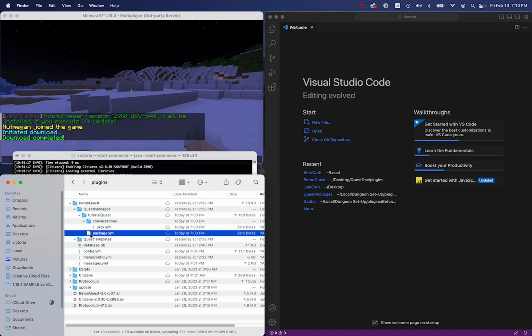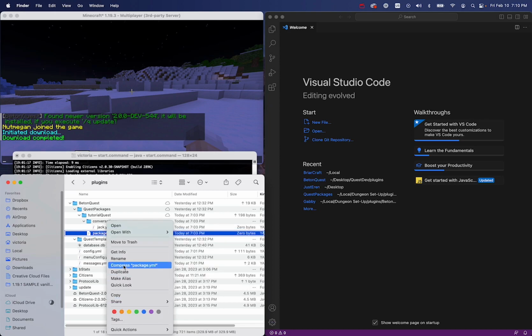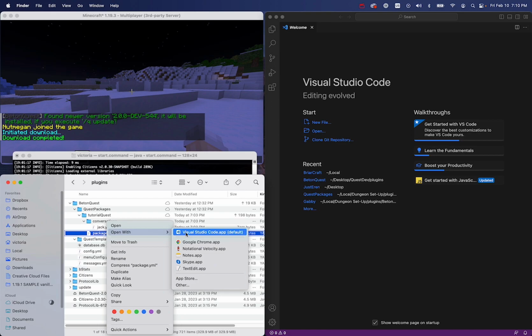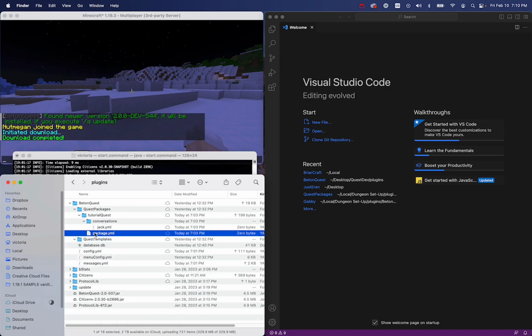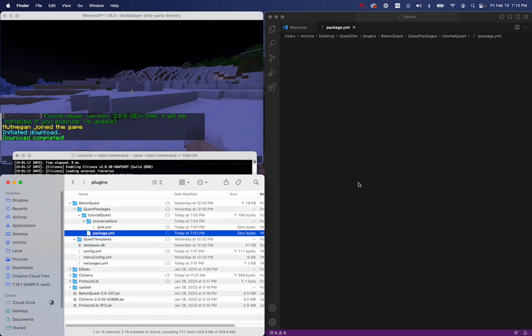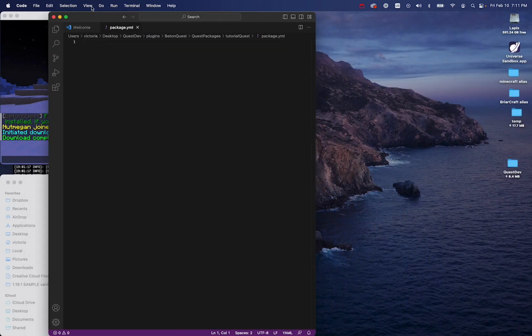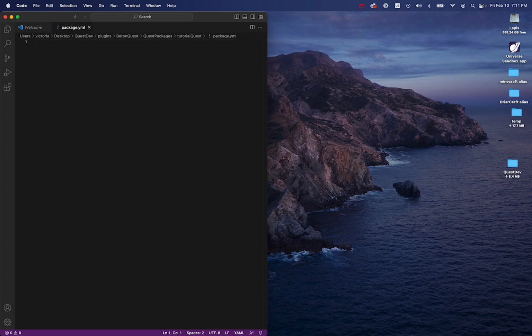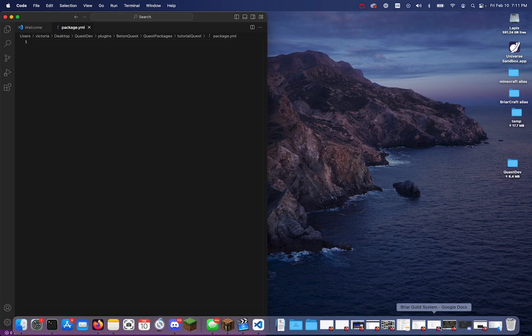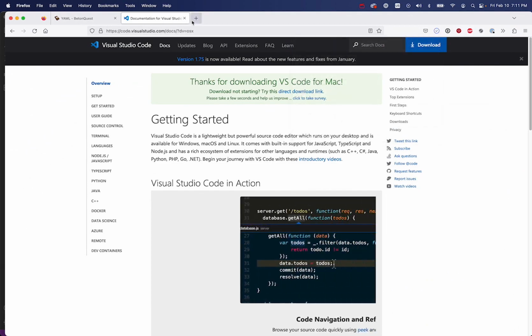Let's first open up this package YAML. So there's a couple different ways you could do that. You could right click on it and open it, tell it to open with Visual Studio Code, or you could drag it over into the workspace and it'll open it up. You see it's blank inside. So this is very limited space to work with. So during this video, I'm just going to be dragging the editor back and forth over the workspace. Right now, I need to open up the